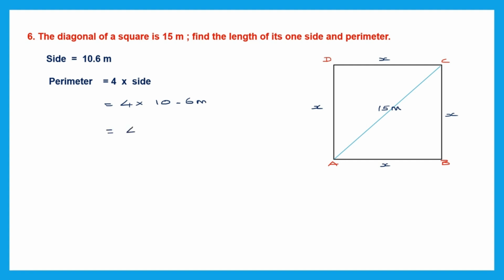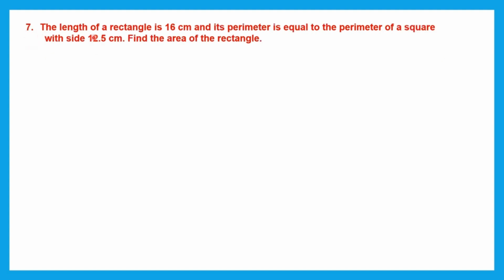This will be equal to 42.4 meters. And this is our second answer. This is the perimeter and that is 42.4 meters. Question 7. The length of a rectangle is 16 centimeters and its perimeter is equal to the perimeter